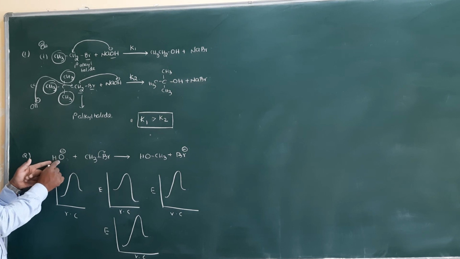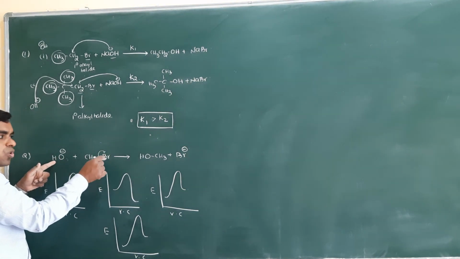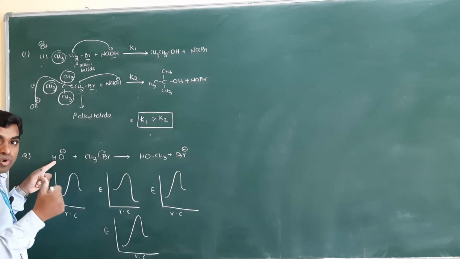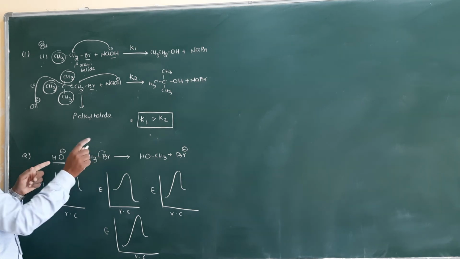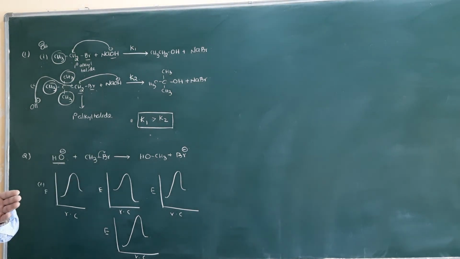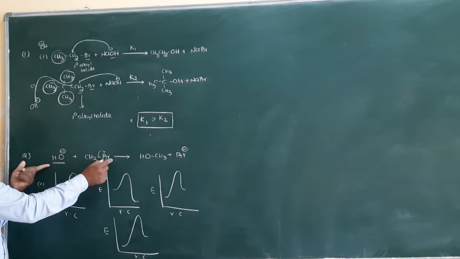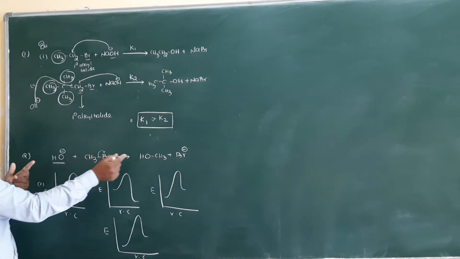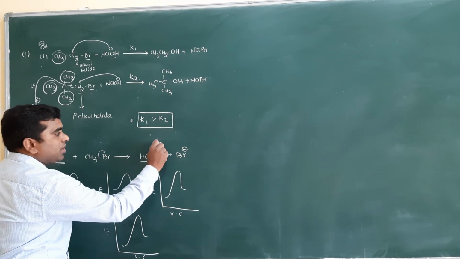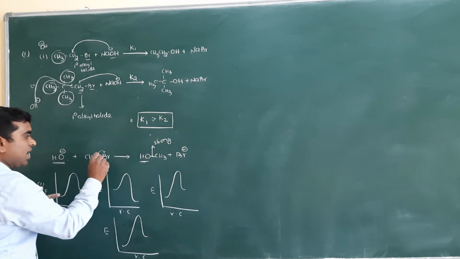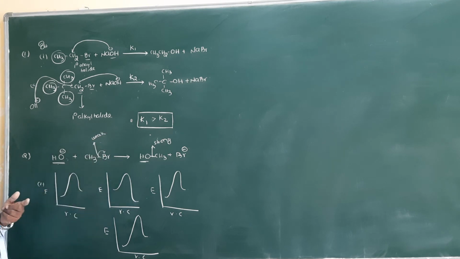But this nucleophile replaces the already existing nucleophile in the molecule. Which nucleophile is strong here? OH minus is strong, so that's why it replaces. A strong one always replaces the weaker one. OH is a strong nucleophile compared to bromine, and it makes a very strong bond, compared to which this bond is a weak bond.